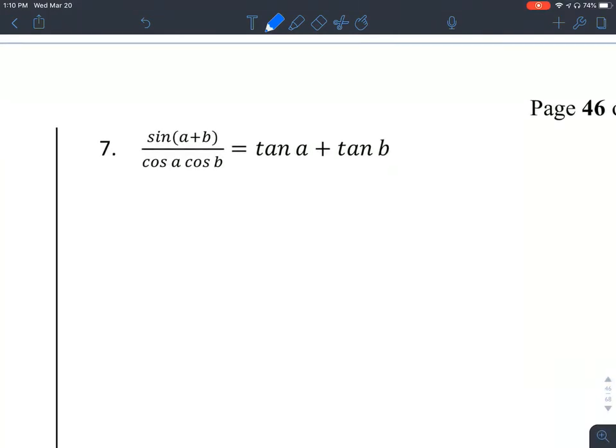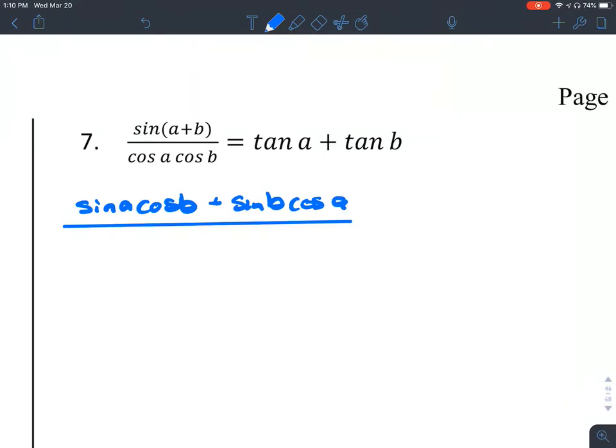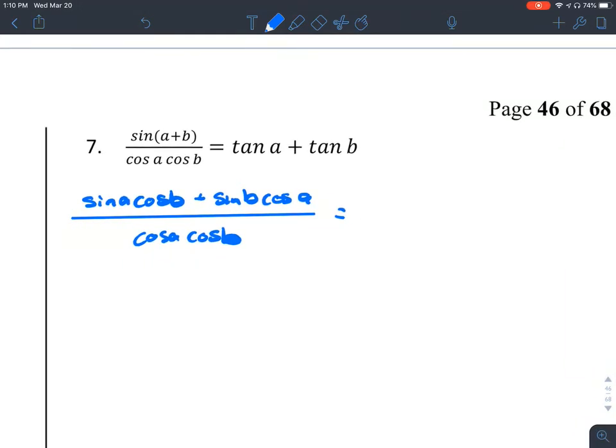This looks very similar to the last one that we just did. So sine of A plus B is the sum identity for sine, which is sine of the first angle times cosine of the second angle plus sine of the second angle times cosine of the first angle, all over cosine of A times cosine of B. Over here, tangent of A plus tangent of B, we could make sine of A over sine of B plus sine of B over,